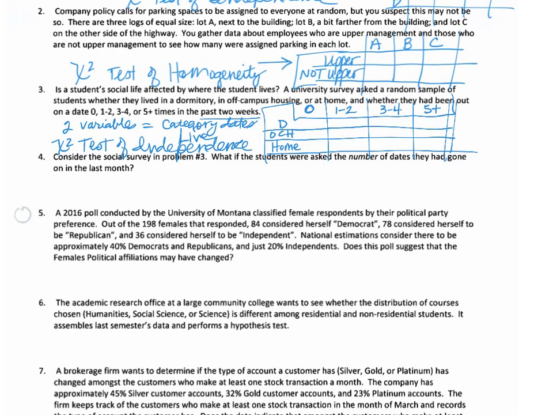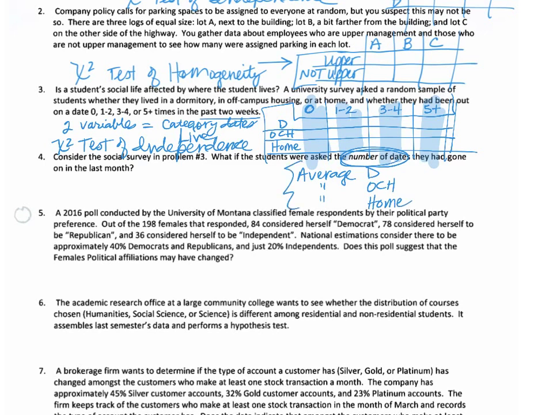All right, now, one thing we haven't talked about yet, and I was going to also talk to you about it when we go over the homework. This next problem was intended to not ask you about your dates in terms of a category. See, they placed you in a category. What if they just straight up said, how many dates did you go on in the past week? And people gave answers. And then we took the average. If we took the average for the dorms, the average for the off-campus housing, and the average for those that lived at home,